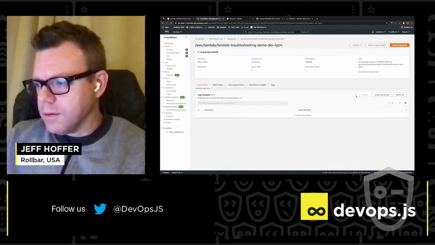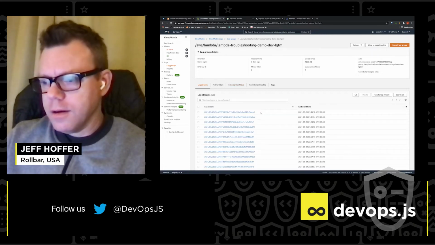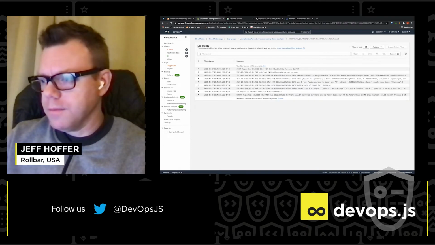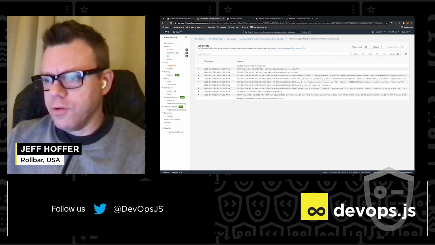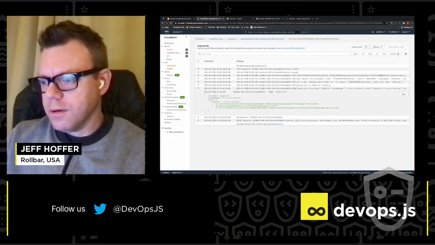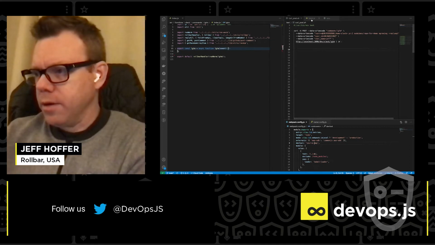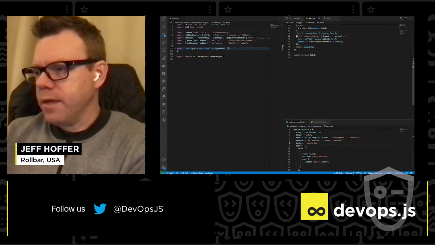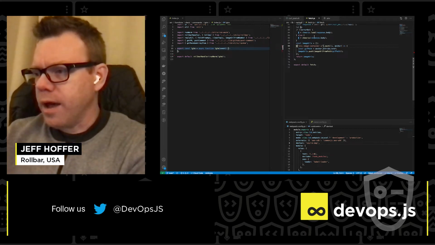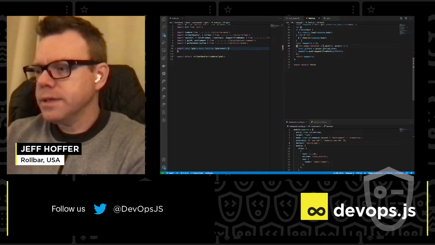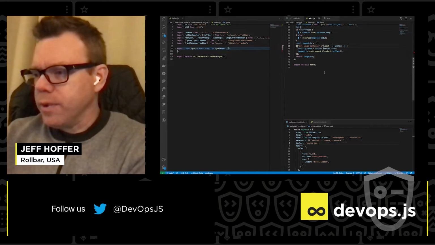Now let's go find a log that can give us the information we need. Hopefully this is the most recent. Yeah, we see here, fetch line 69, column 3. So now our source maps are working. So we can go take a look at the code here, and it's saying that this $ sign is not a function. And that's because I should have called Cheerio.load instead of just Cheerio as a function. So we fix that, we redeploy,